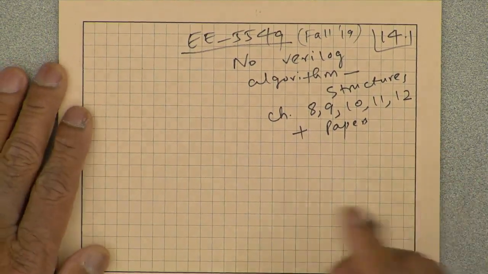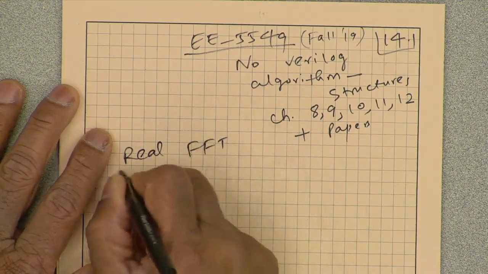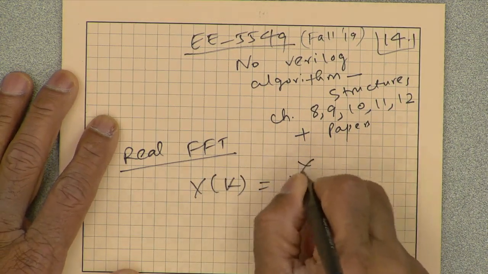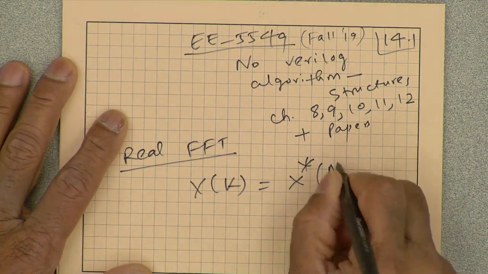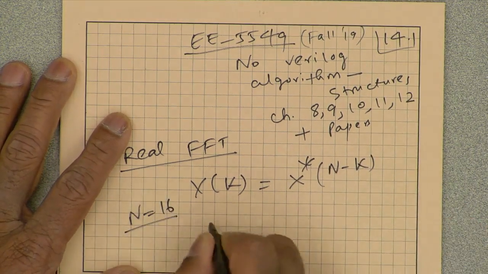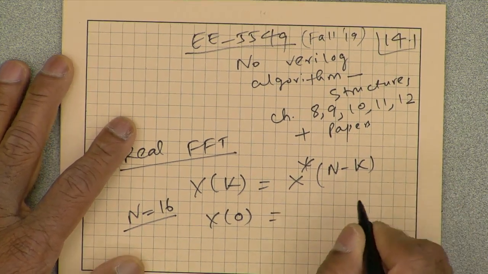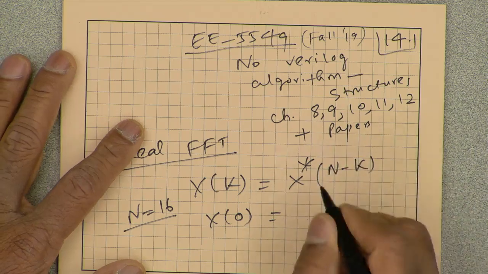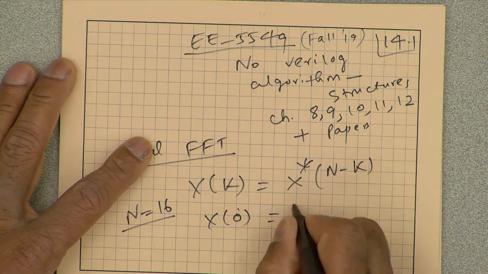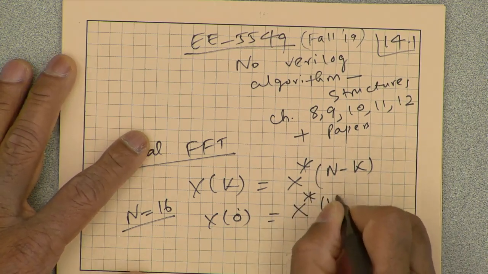Briefly I talked about the fact that if the signal is real, then we don't really need to compute the complex conjugates. So Xk is the conjugate of X(N minus k). So for example, if N is 16, then X0 is, well, that doesn't help very much. Okay, so it says that it's the conjugate of X16,